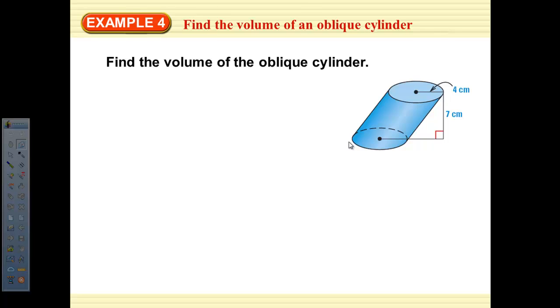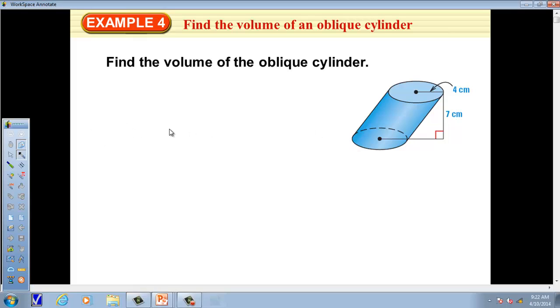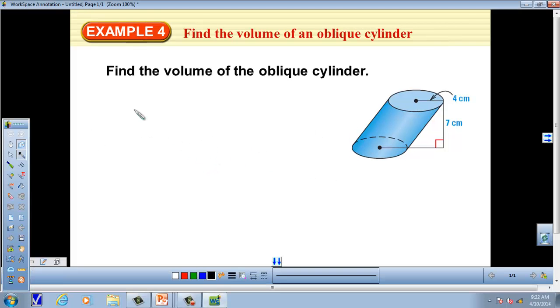Now we're looking at finding the volume of an oblique cylinder. And remember that Cavalieri's principle tells us that if we have an oblique cylinder, we solve that the same way that we solve a right cylinder. So if this was straight up and down, so that the base was perpendicular to the height, we would solve it the same way. And so in this case, again, our formula for volume is pi r squared times the